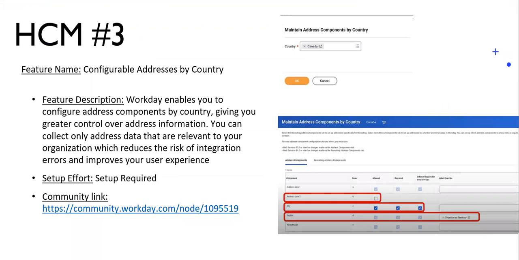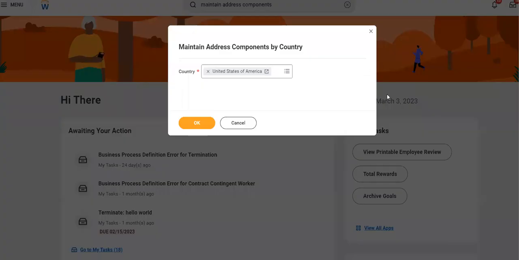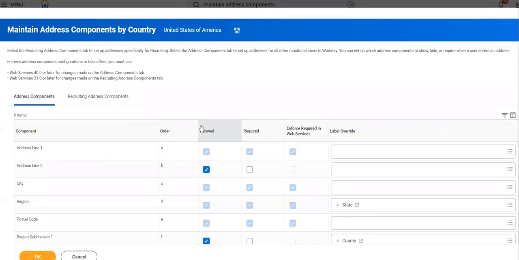Now, another update talks about configurable addresses by country. Here, in this update, Workday enables you to configure address components by country, giving greater control over address information. Now here, you can collect only address data that's relevant to the organization, which reduces the risk of integration errors